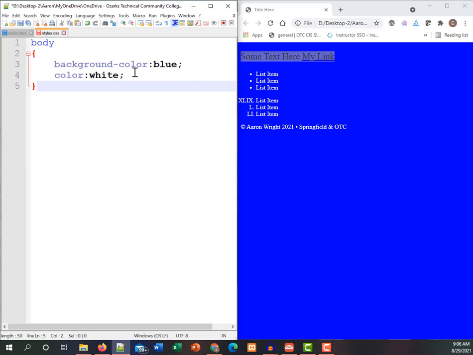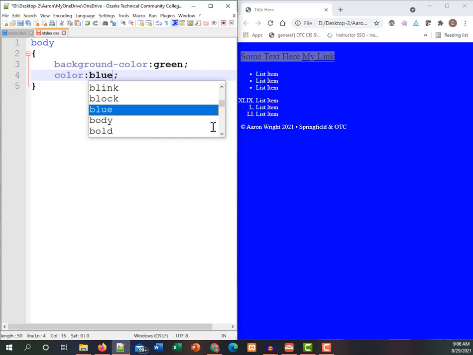And this is exactly the same as what the other one is. But now that I have a style set over here, I'm going to go ahead and change the background color to green, this color to blue,